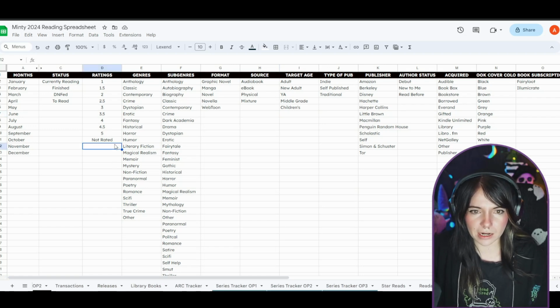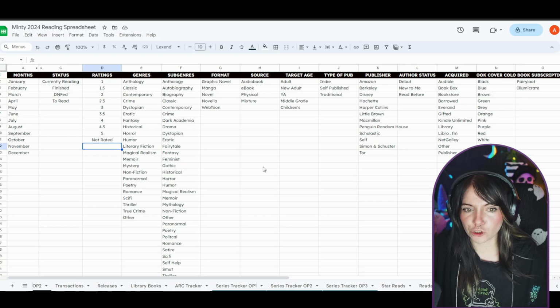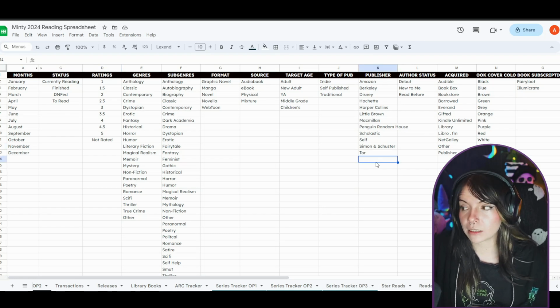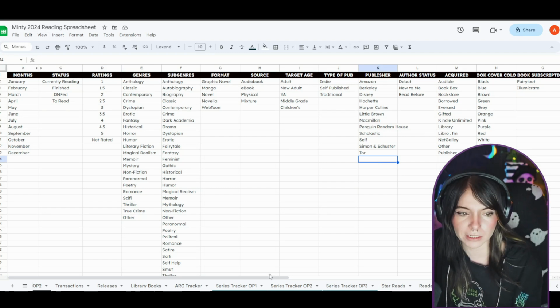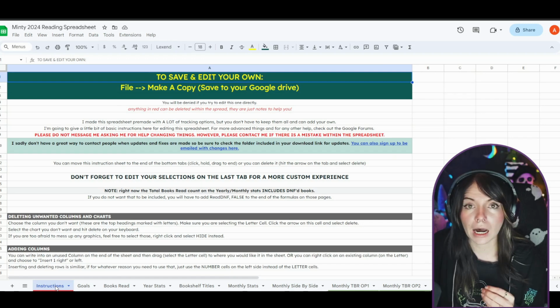I will say I have a feeling some people will be adding things to this. And if you do add more, there will be extra steps you have to take, and we will get to that when we get to the graphs page. Now let's look at hiding